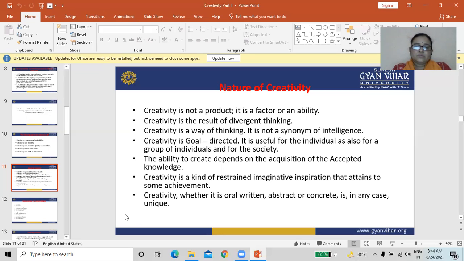Creativity, whether it is oral or written, abstract or concrete, is in any case unique.